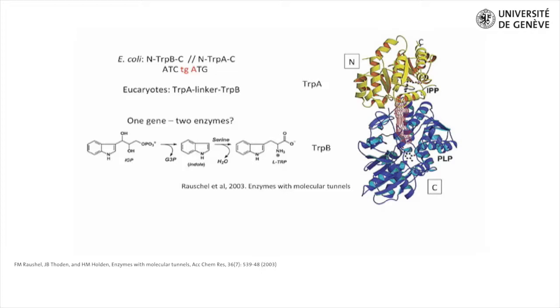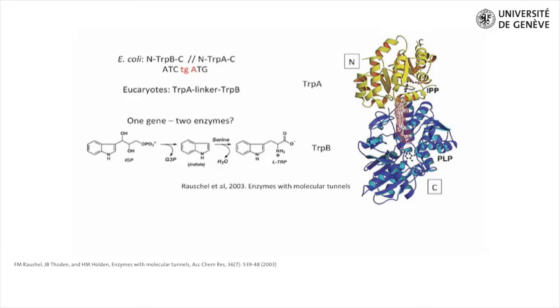And so he proposes that maybe during evolution there was an original gene that was a complete BA, and then BA got split. And this is one of the ways evolution could work. Well, it's a nice proposal, but it turns out that the proposal is not entirely accurate, because it was found later that in eukaryotes, such as yeast or Neurospora, the order of the genes is reversed, and TRPA precedes TRPB,